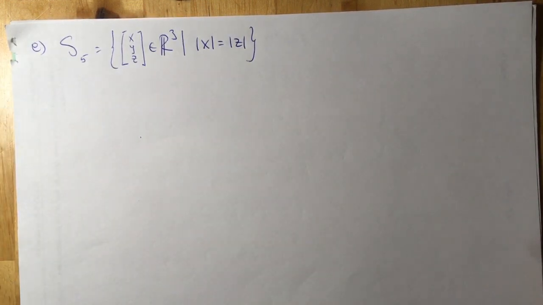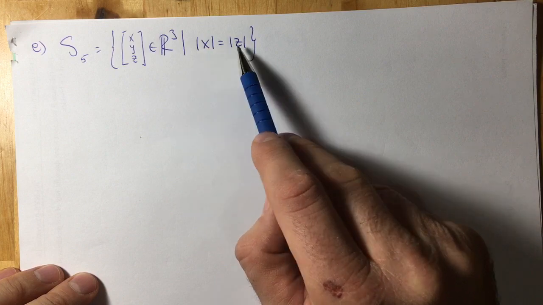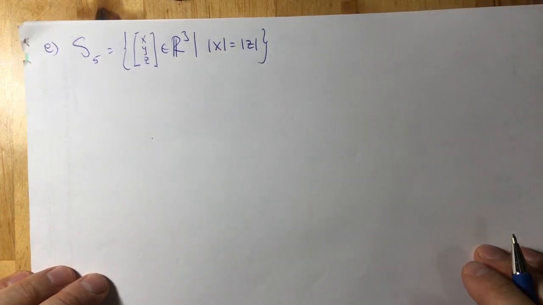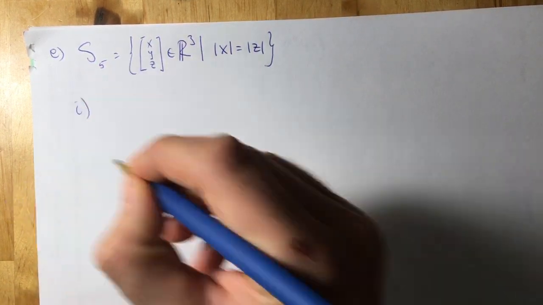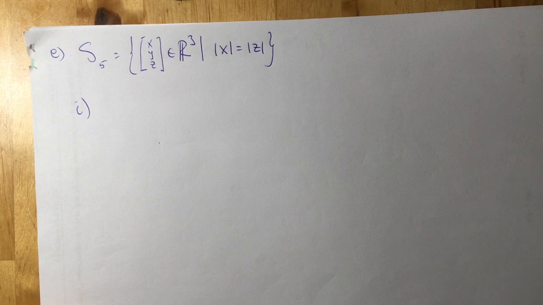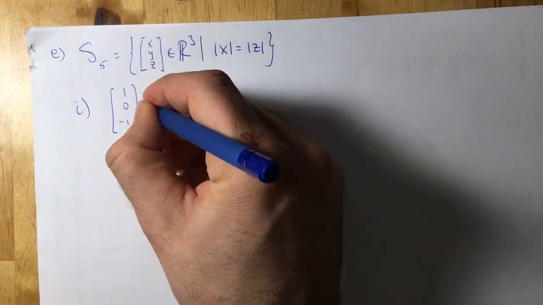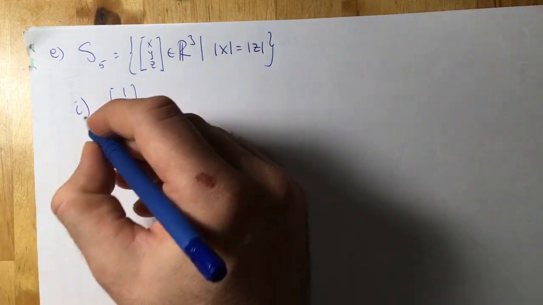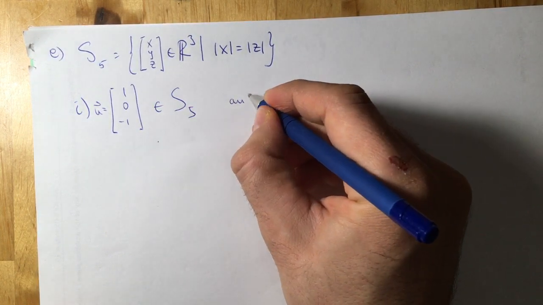Okay, the next problem, we're still in this set here. Three-dimensional vectors for which the absolute value of x is equal to the absolute value of z. The zero element obviously is in, you can do that as an exercise, so let's check first the vector addition. So take two vectors from S5, let's say 1, 0, and -1. Absolute value of 1 is equal to absolute value of -1. Let's say that this is the vector u. This is in S5, and w